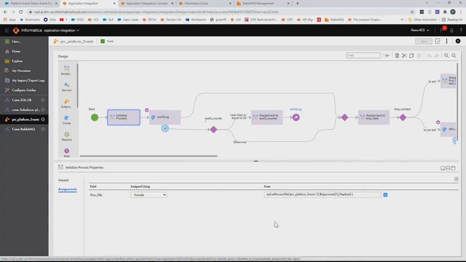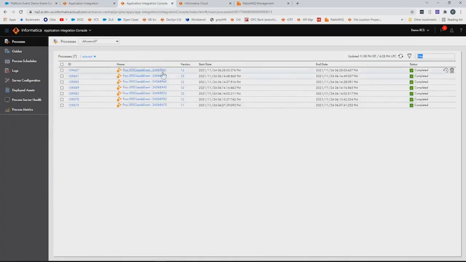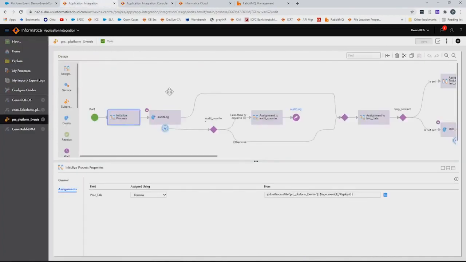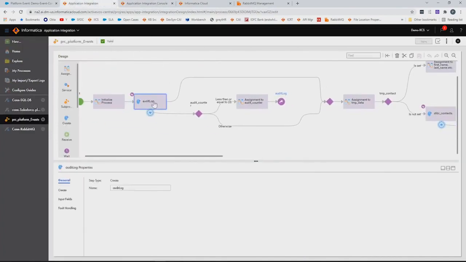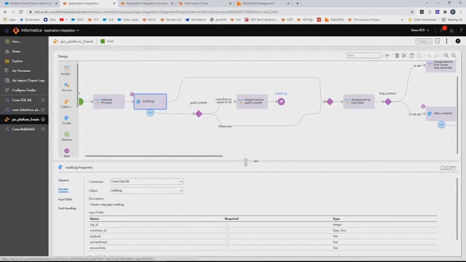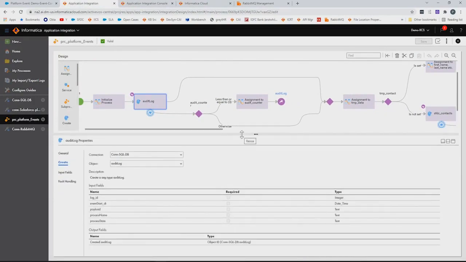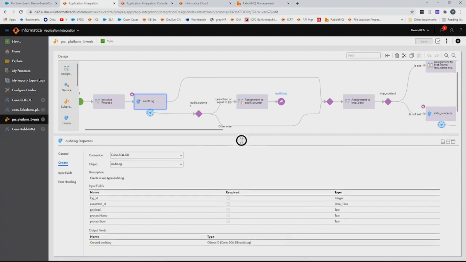We are setting the process title to reflect the reply ID along with the process name so that it will be easy for anyone to search for debugging in the application integration page. Next, we are doing logging of the whole payload so that it will be easy for debugging any incidents in future.